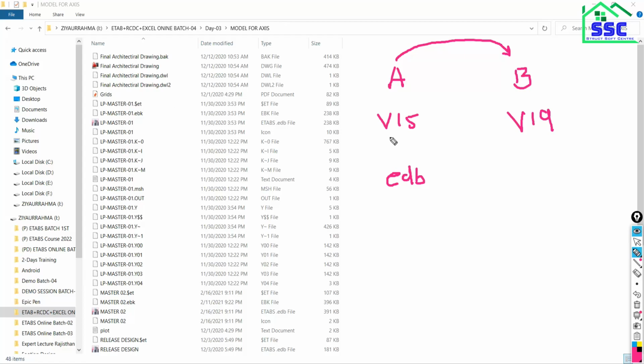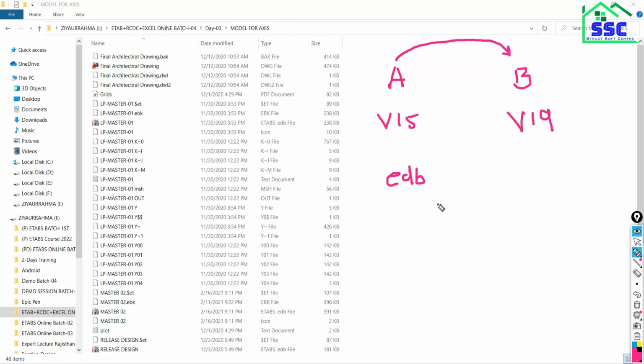If you want to open a lower version file in the upper version, you need to share the $et file. In any situation where a version difference is there, always prefer to share the $et file.